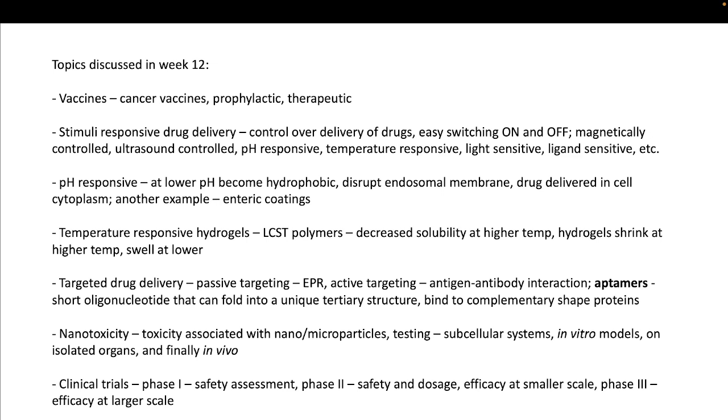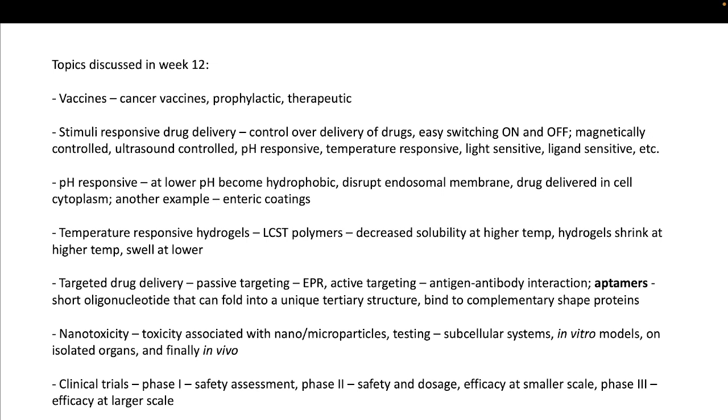in humans, so to get approval for treatments in humans, there are certain regulations by different regulatory bodies such as FDA, and there's a huge process before any new material gets approval to be injected into a human body. So there are several clinical trials. You must have heard about clinical trials when people were trying to develop COVID vaccines. So these clinical trials are nothing but human studies, which are divided into different phases, where phase 1 is